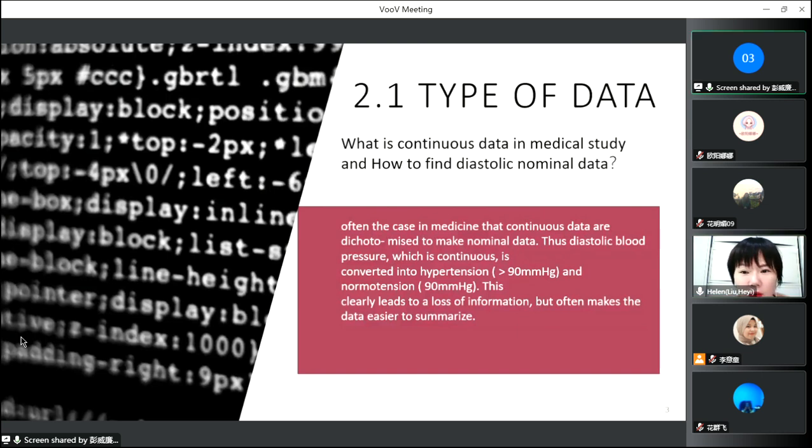And my answer is, often the case in medicine, the continuous data are dichotomized to make nominal data. I'm sorry. Wait a moment, I'm sorry, wait a moment. Yes. I will see the